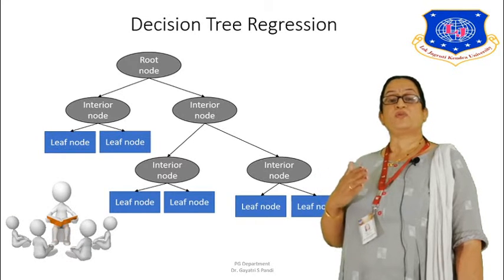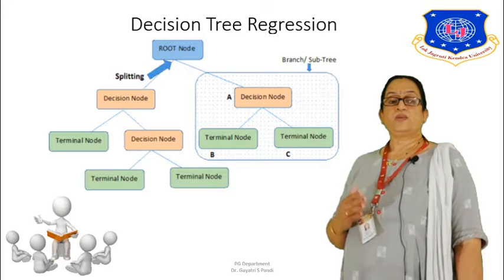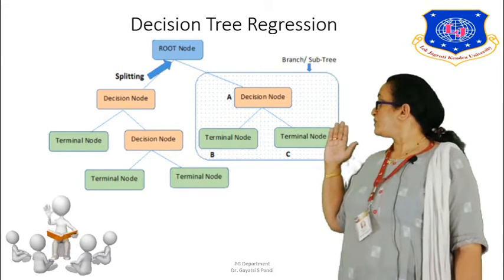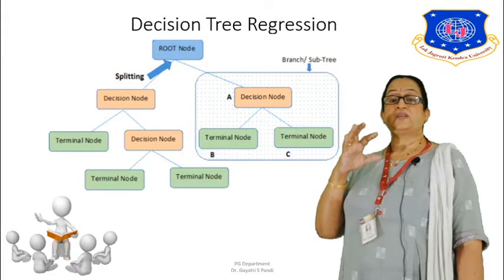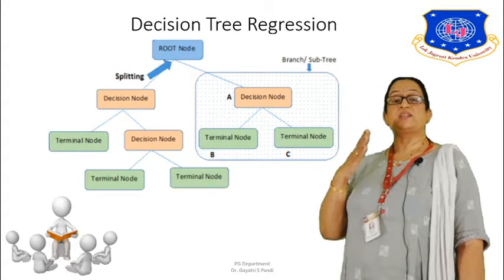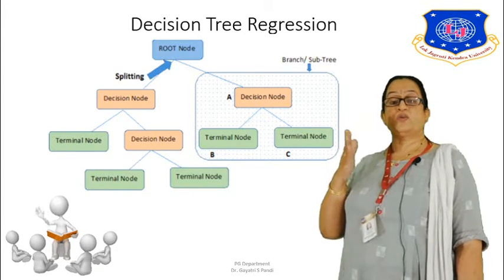Right? Leaf nodes do have parents at one level. Now this is another decision tree regressor which is trying to show the process of splitting and where the branch or the subtree is created. Firstly, we have a root node, then a decision node is created which is split at the root. So we are splitting it at two levels, and that is termed a decision node.